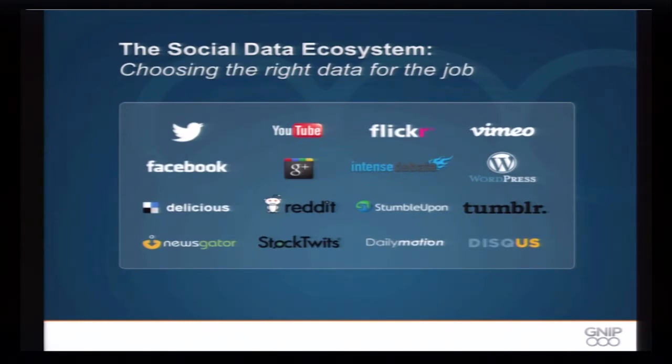So the first thing I guess we should talk about is there's a lot of it. You saw on the first chart of the landscape, there's a lot of different types of social data. Which ones are meaningful for the right job? So all data, with let's say Twitter, is 140 characters of text. There could be a link, there could be a picture attached, there could be a geotag on there. So there's a lot of short, concise messages, whereas a WordPress post could be several paragraphs long, right? So they're all going to have different use cases.